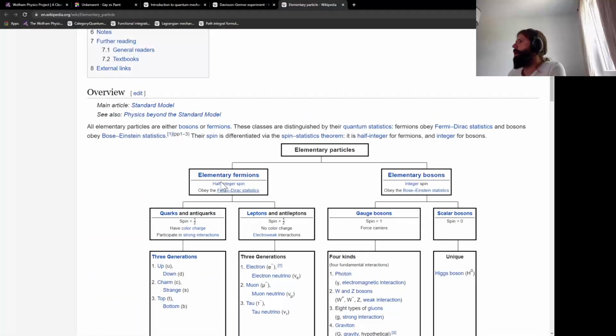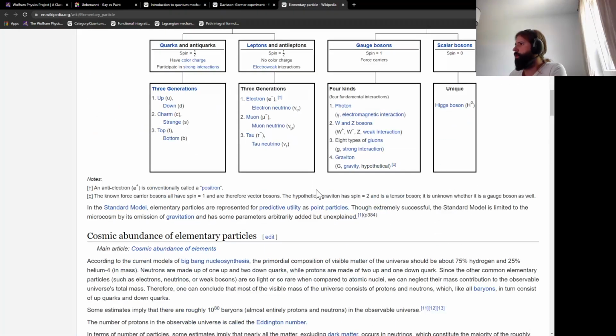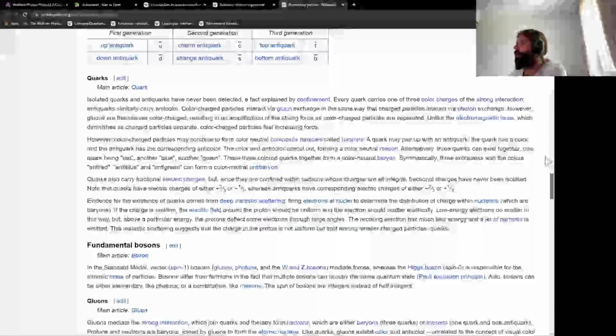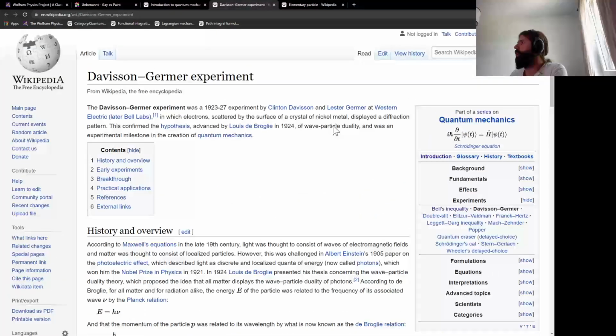Because I'm missing a map. I'm literally missing a map of what to explore, right? I'm feeling a bit lost. So there's this whole thing with quarks and leptons and whatnot. So the elementary particles, that could be an interesting thing to take a look at. So we've got elementary particles, and we've got